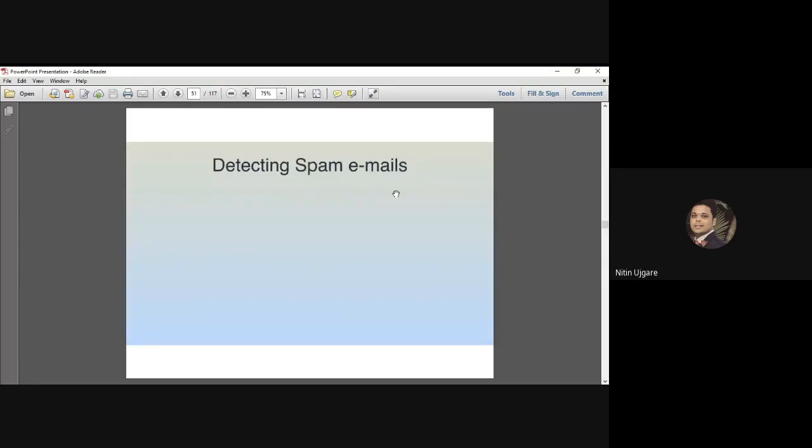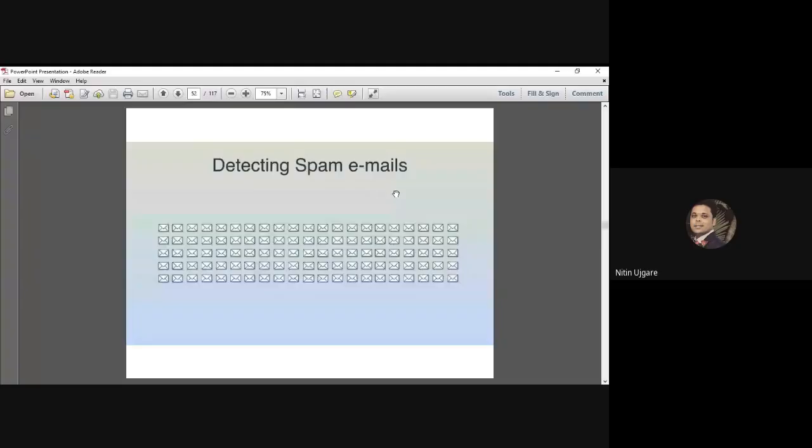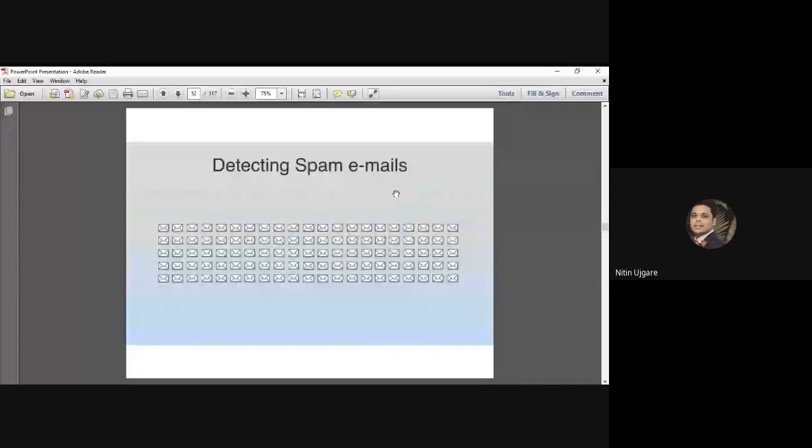Let's say that we are a software firm, and our client has given us the problem that they want to detect spam emails for every new incoming email in the user's inbox. We have 100 emails, and all these emails have been labeled. Each email is either spam or non-spam. Let us separate these 25 emails and flag them as spam, and the remaining 75 emails will be flagged as non-spam.